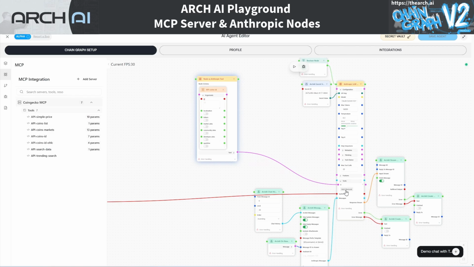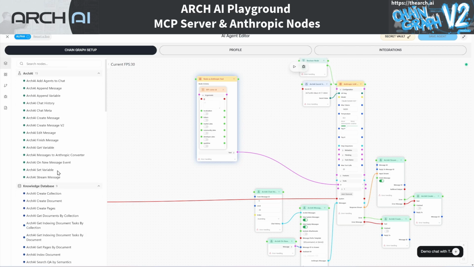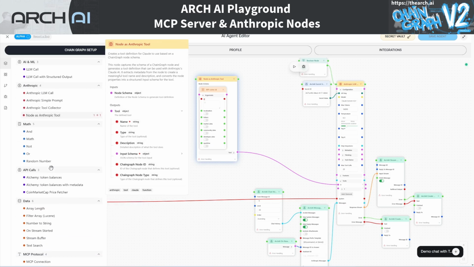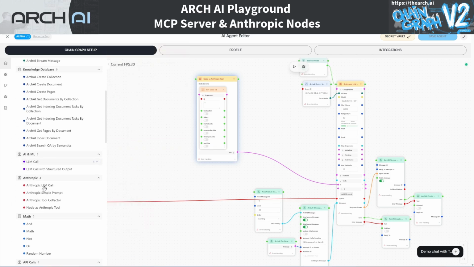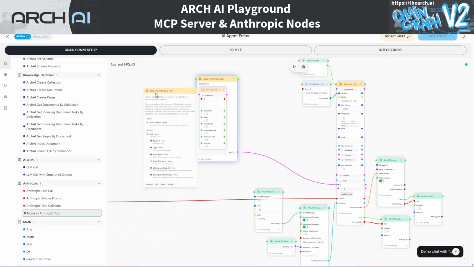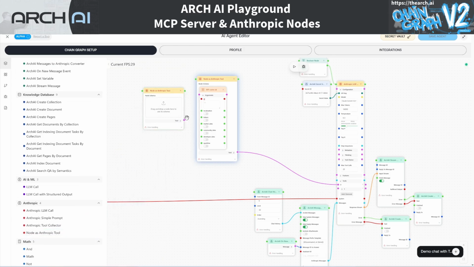I add another element, take the same steps, and Anthropic node as Anthropic tool, connect it to the second one,